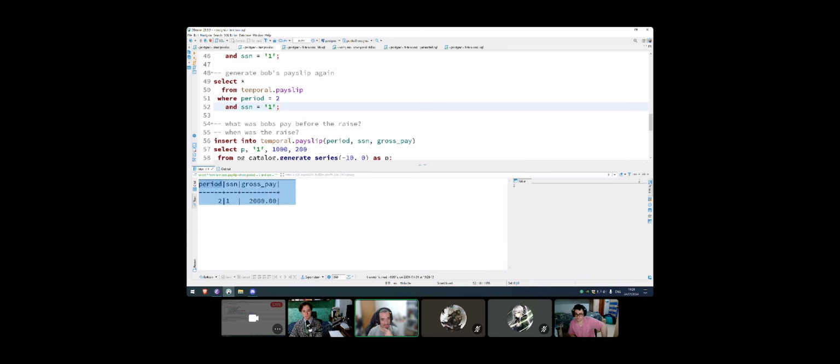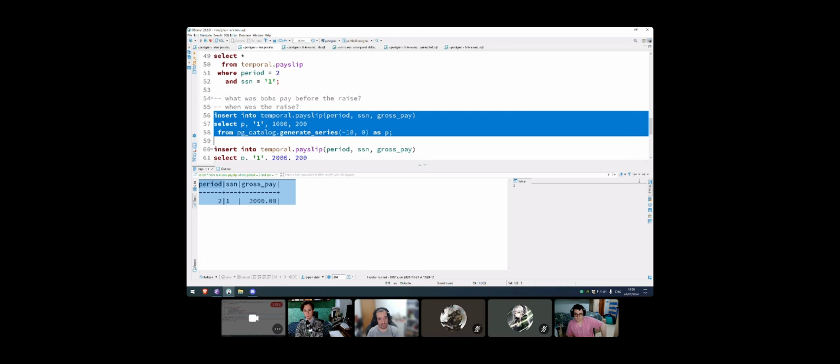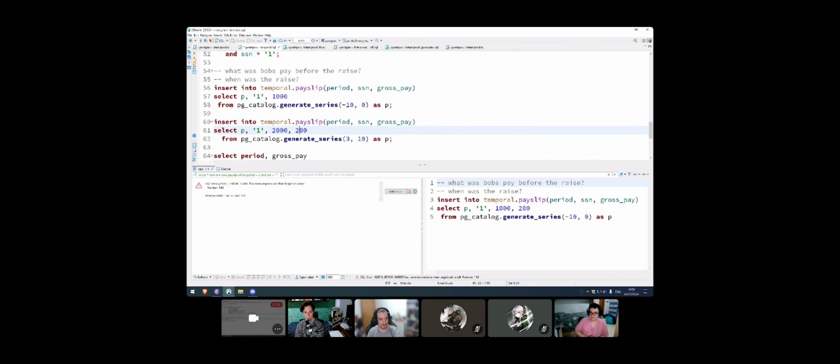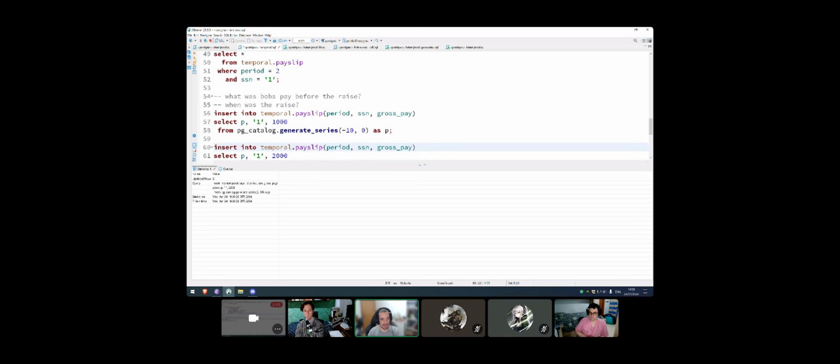Bob is happy, and we might need to answer the same questions as before. So to do that, I will generate some more data just to make it, let's say, obvious. I think I will generate that one and that one. And what this did is, just so you know,